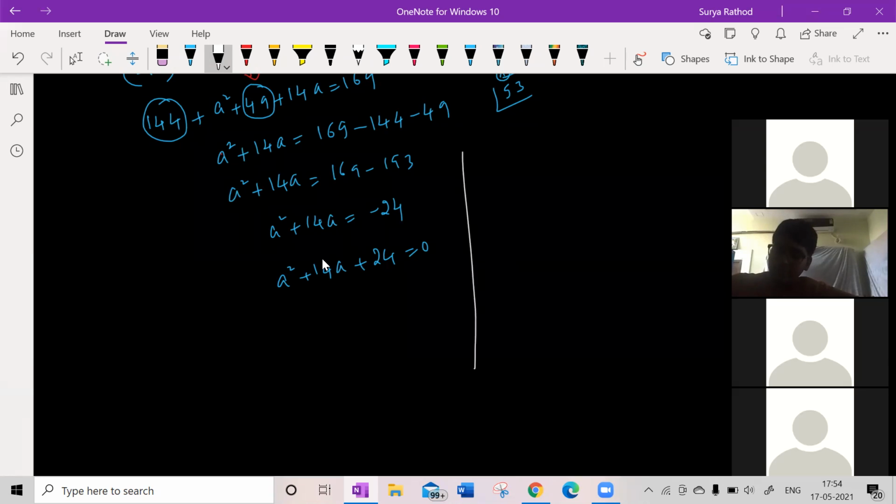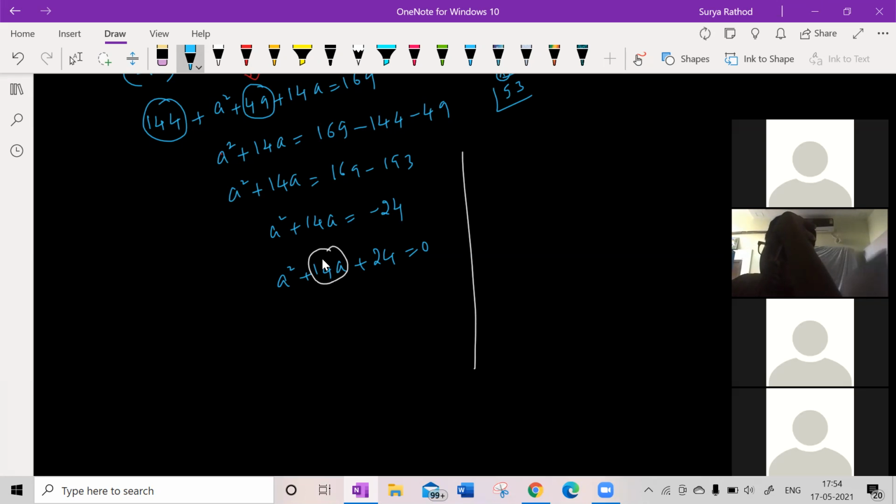We can split the middle term, sir. Yes, 2 and 12. Wait. Look at this here. We can split the middle term. How can I split the middle term? So that if I multiply those two terms, I need to get the product of the last two terms, and if I add those two, 12 and 2. One second, I'm talking. Don't interrupt in between, please.